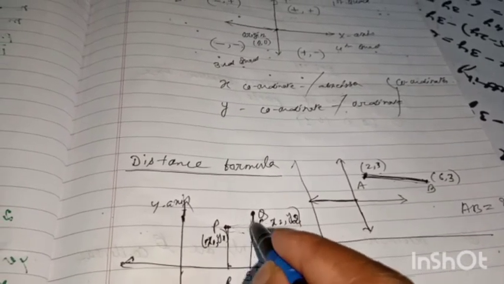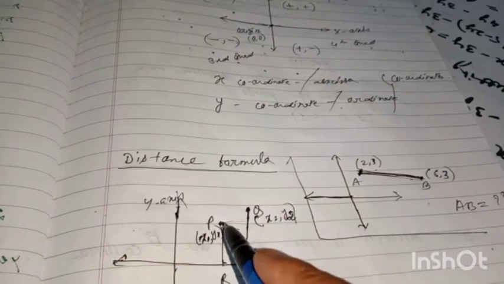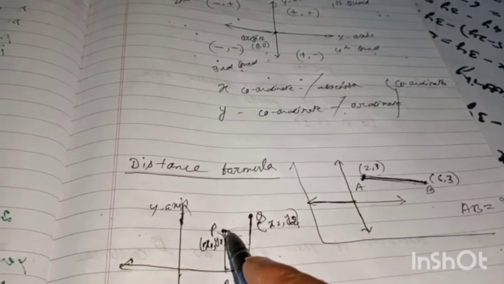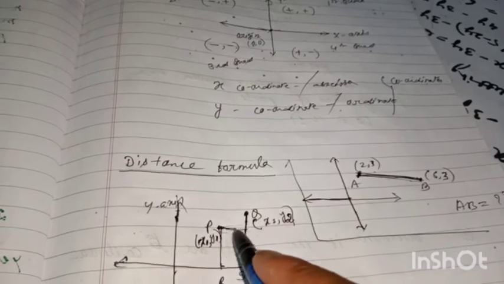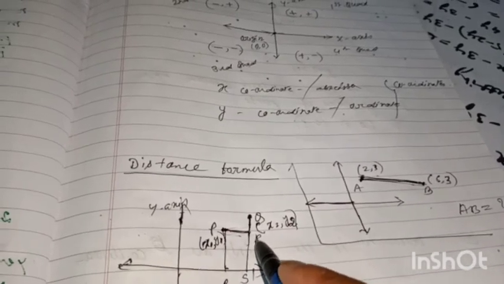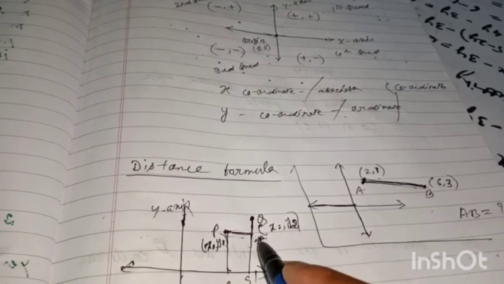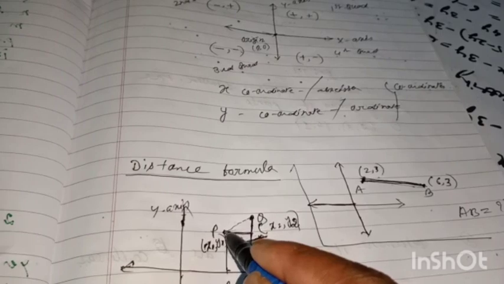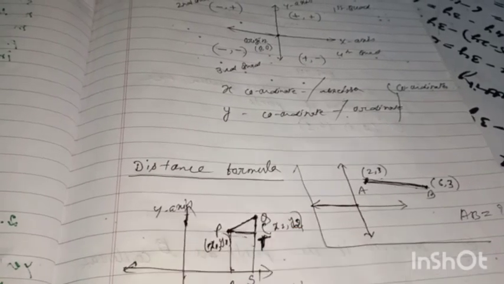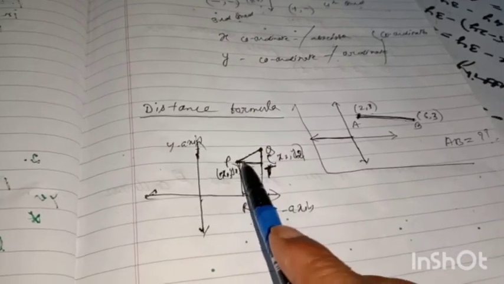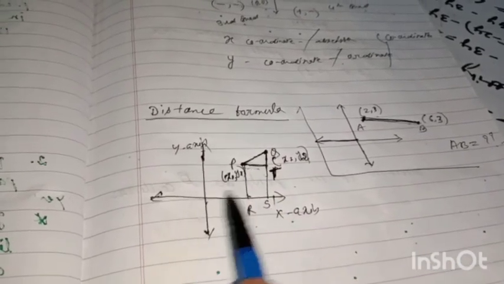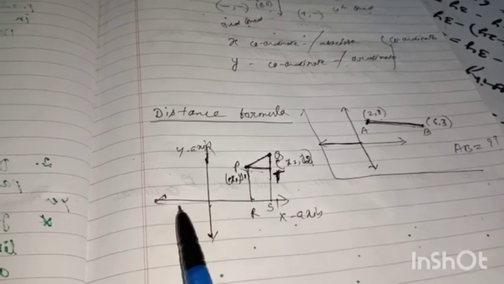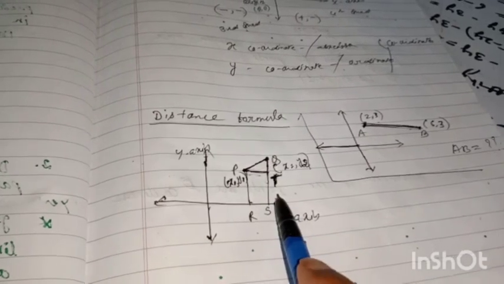You can take here also, but I am taking here. Then if you draw one more perpendicular like that, this is PT on QS. Try to understand, my dear students, on QS. Join PQ. What do you need? Don't forget, you need the distance of PQ. Have all of you understood? In the distance of PQ, so that is what we have done. PR perpendicular on x-axis and QS perpendicular on x-axis we have drawn. After that, PT perpendicular on QS.